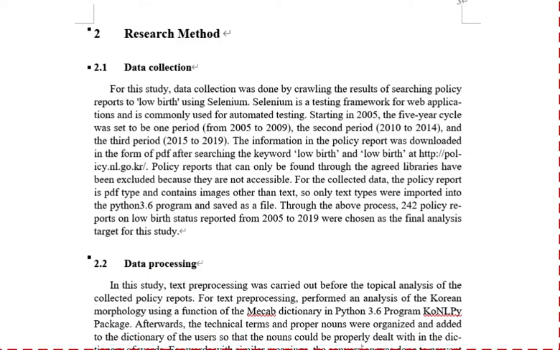First, data collection. For this study, data collection was done by crawling the results of searching policy reports related to low birth using Selenium. Selenium is a testing framework for applications and is commonly used for automated testing. Starting in 2005, the 5-year cycle was set to be one period: the first period, the second period, and the third period. The information in policy reports was downloaded in the form of PDF after searching the keyword low birth